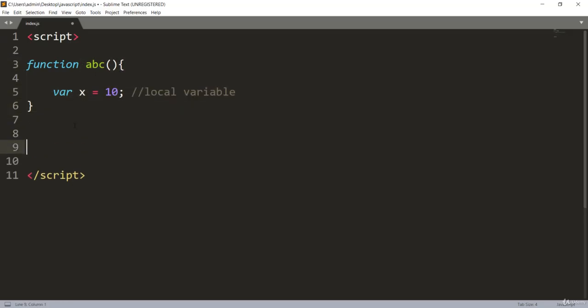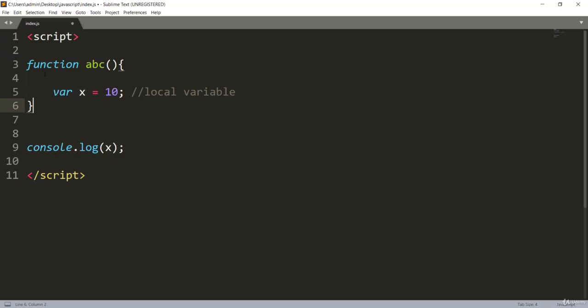If I go over here and console.log the variable x, it will show that x is not defined, because this x is accessible inside this scope only. That means inside this function, and outside this function x is invisible. So x won't be reflected outside this function. This is your local variable.